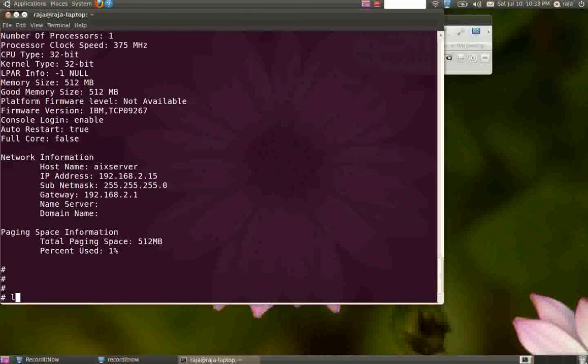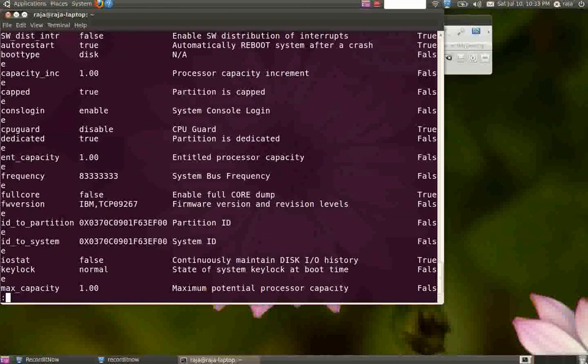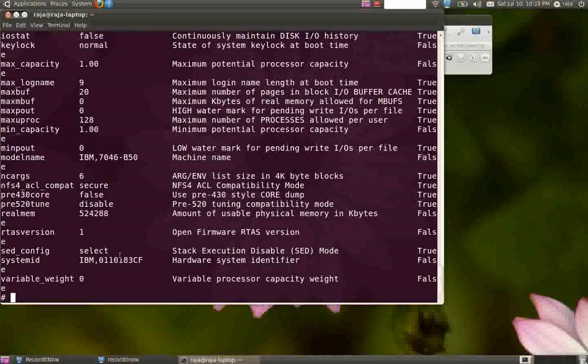You can also view the attributes of the system device sys0. It will show you a lot of system related information like whether the console login is enabled or not, and it shows you the system ID. System ID is nothing but your system serial number. It shows you the real memory, that's your random access memory. You call it RAM or physical memory. It shows in KB, so you just divide it by 1024 to get the value in megabytes. It shows a pretty lot of things, and